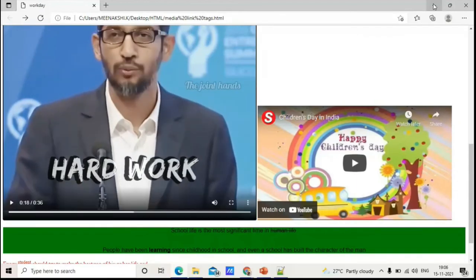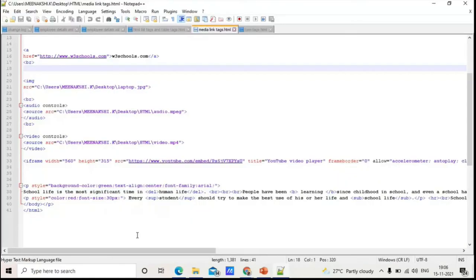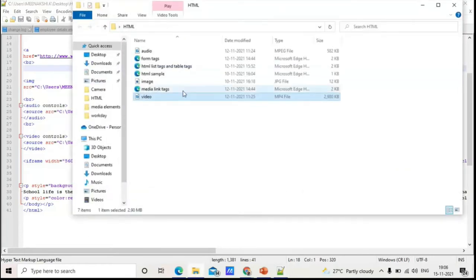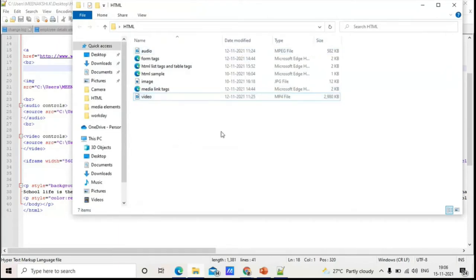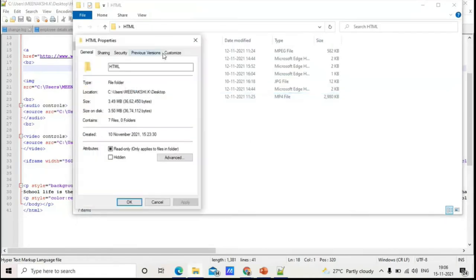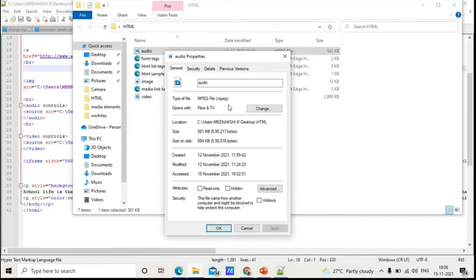Next going to audio. If you go to audio, the same thing only you are going to do for audio. You can copy the same tag. For audio, instead of video, you are going to use audio controls. Copy the location. Yes, I have given the audio here. Go to the properties. Same thing. Go to the location. Copy the location and paste within the quotes and copy the name of the audio I have given. After the location, give a forward slash and copy the name of the audio with the format in which you have saved the audio.